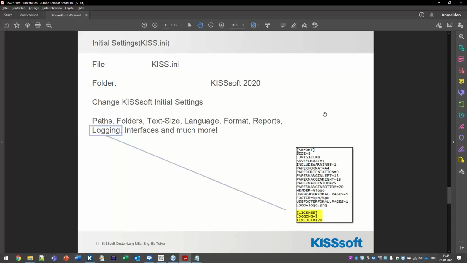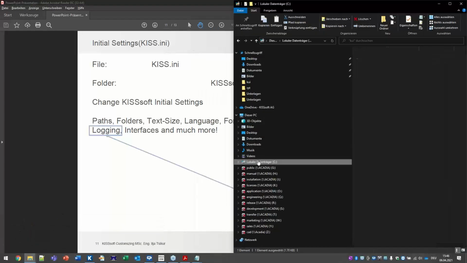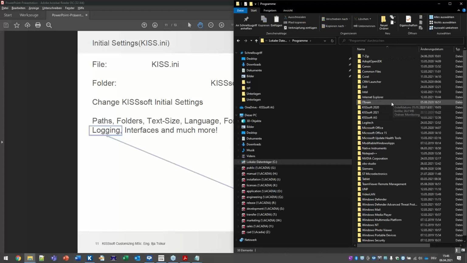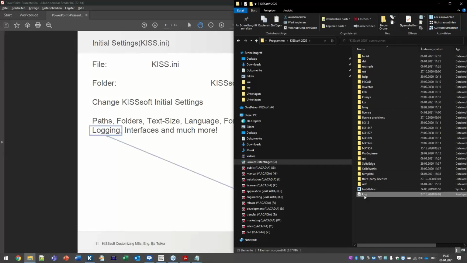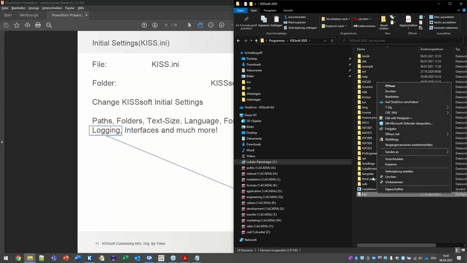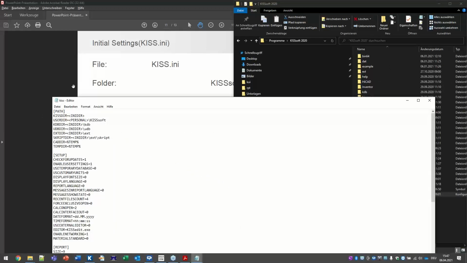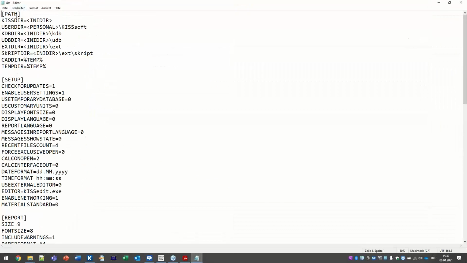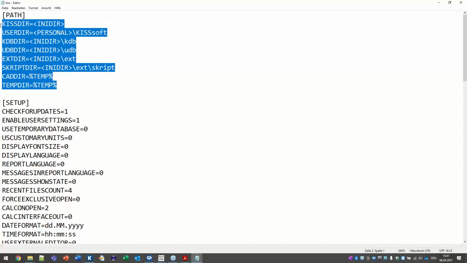In each KISSsoft installation, we have an initial settings file, which is called kiss.ini, okay? And it's located in the root directory KISSsoft 2020. So let us have a look at this ini file. I will now go to my C, Programs, KISSsoft 2020. There you go. You see there is an ini file, which comes along with the KISSsoft installation. If I open it up, what you can see is